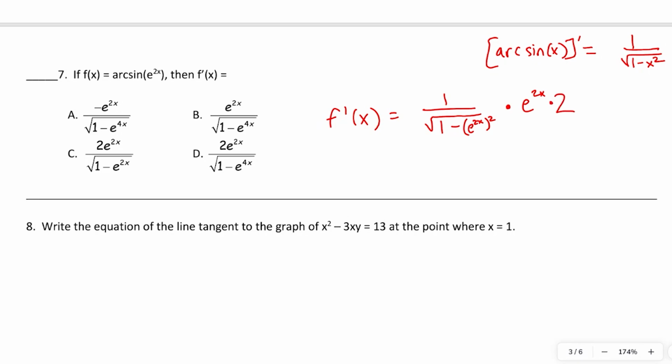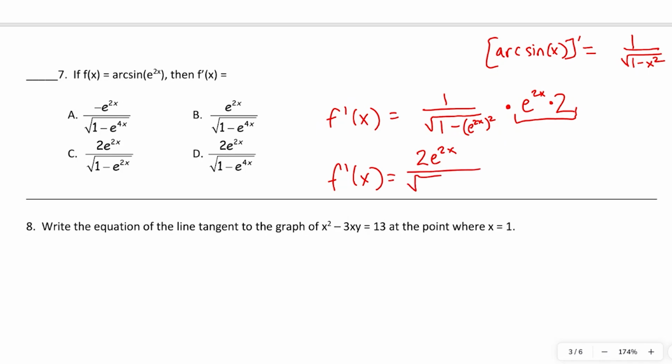Now, none of the answer choices look exactly like that, but whenever you have one of these arc trig functions, arc sine, arc cosine, or arc tangent, but also if you're dealing with natural log, where your derivative is going to be like 1 over something, and then using the chain rule, that stuff that you're multiplying, just put that on top, because 1 times all that stuff is just going to be all that stuff. So f prime x is going to be 2 e to the 2x